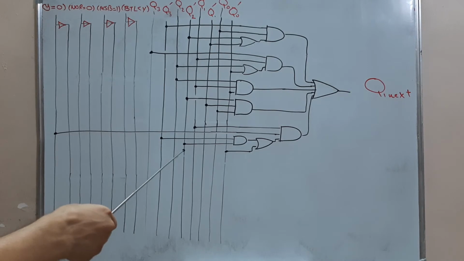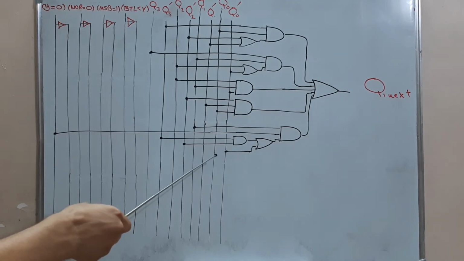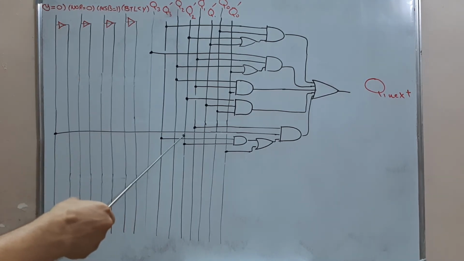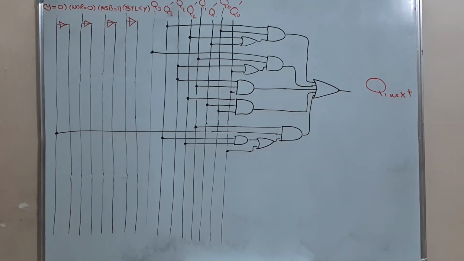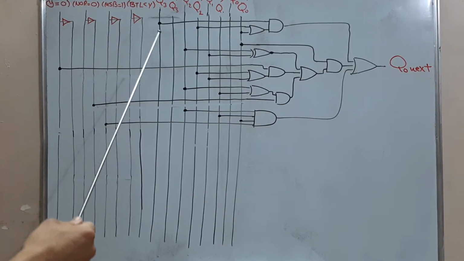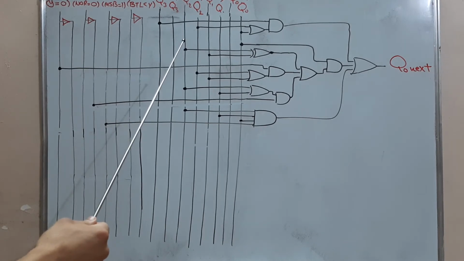Q3 bar ANDed together with the Q2 bar or the Q0 bar, and the whole is ANDed together with Y is not equal to 0 and Q1. The value of Q0 next is equal to 1 whenever Q3 is ANDed together with the Q2 bar or Q0